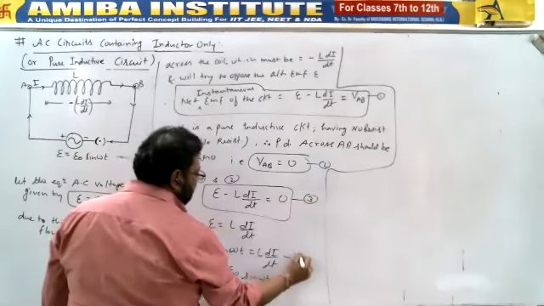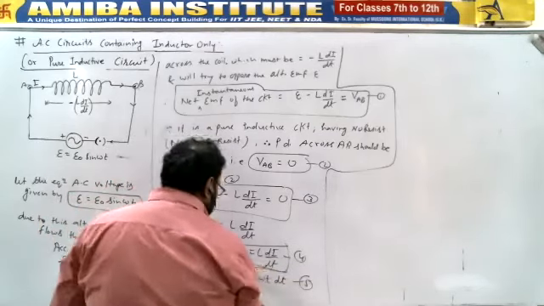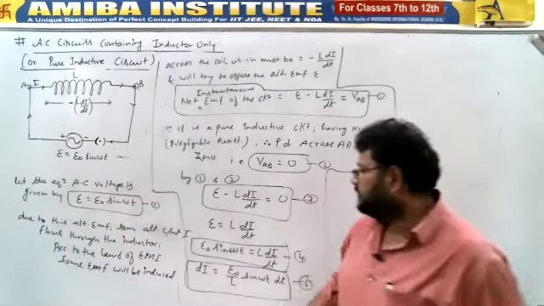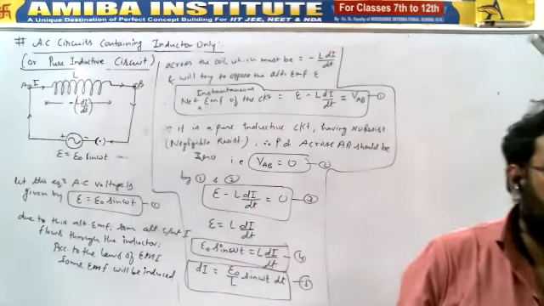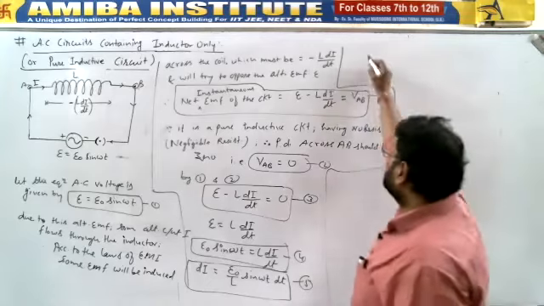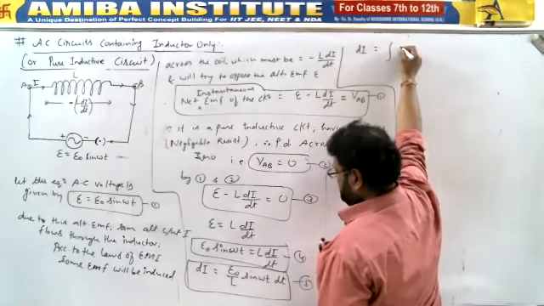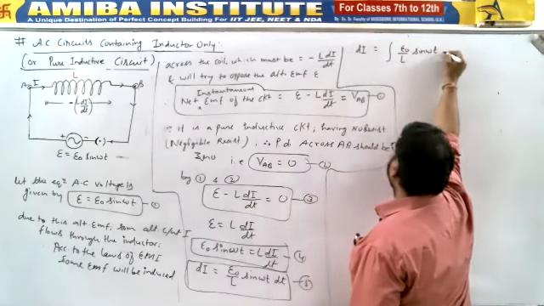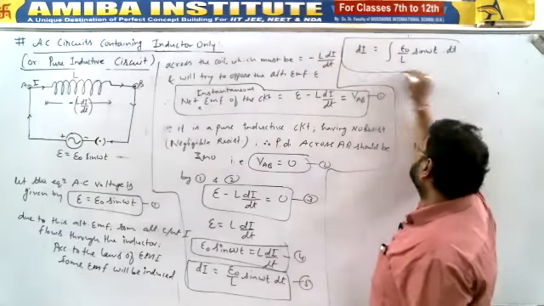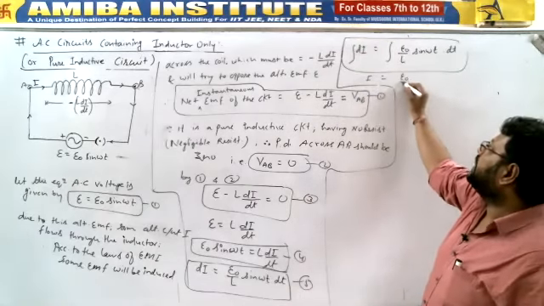This is equation number 3. This is the small current in the time interval dt. So what should be the full current? Integration of di equals integration of E naught upon L sine omega t dt. Now you can solve it and get the expression. Both sides, di will become I. So I is equal to E naught upon L outside, and just